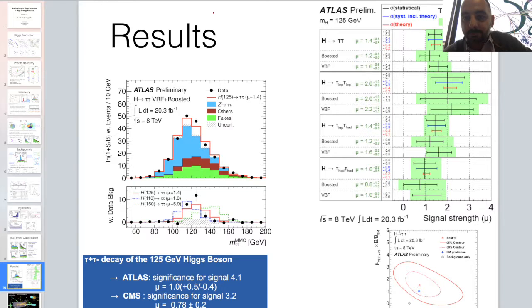You can see how it's broken up into different topologies and the different final states, and how they worked out. The combined result came out a little bit higher than expectation, but certainly consistent with that expectation. And so you see this and say, aha, we found the Higgs in the tau final state, but unfortunately this doesn't